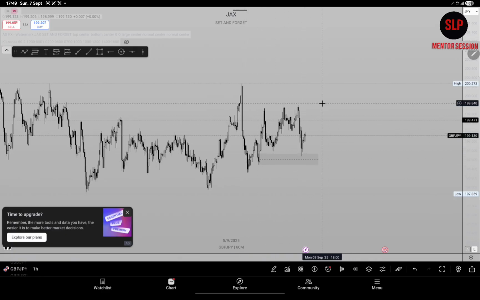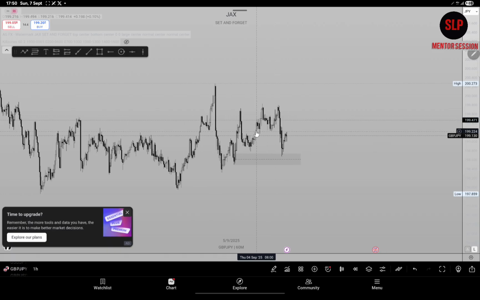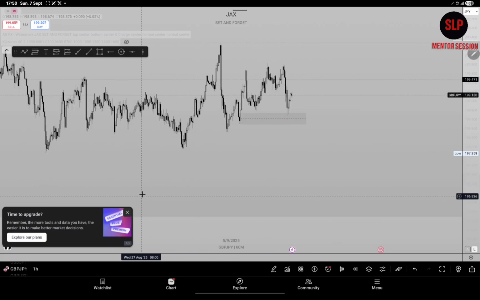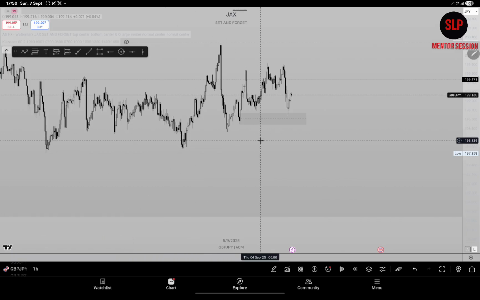I'm currently on a buy on Euro JPY right now, so I didn't think it was necessary to enter this trade to the upside, and I took so many losses last week. I won't even lie, I took so many losses, so I was avoiding taking more trades in the market. So this is exactly the direction on GBP JPY.